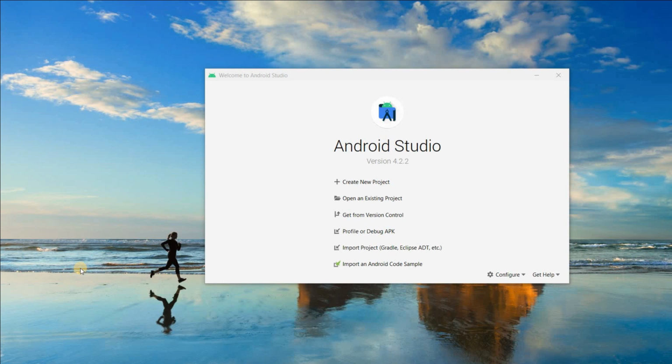Welcome to another video of the Make Your Own App series, where we learn how we can make a full application from scratch in Android Studio. In this video we are going to create a simple notes application with functionalities like saving the note, retrieving the note and deleting the notes. We will use Realm database to store the notes and we will use Recycler view to display the notes in our application. So I can show you the demo.